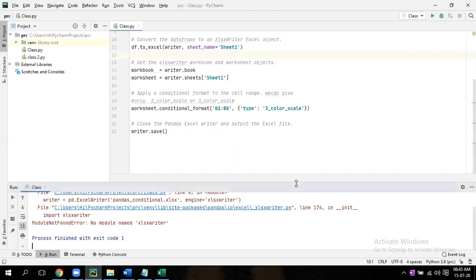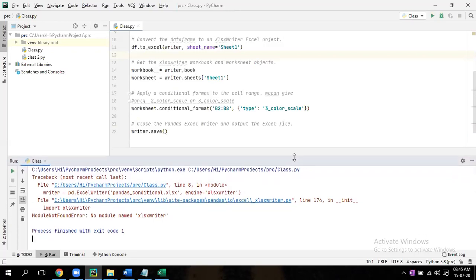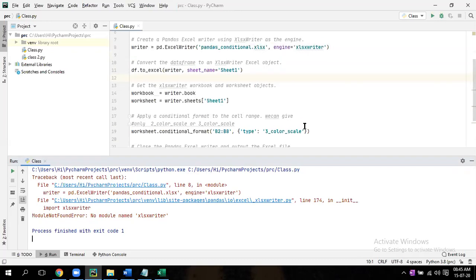So what will happen here? Now we are getting some error. What is the error? No module named ExcelWriter. Correct. So now see, when you're working, if you're getting an error, try to understand what the error is. If you are getting this error, what does it mean? Import ExcelWriter. The module is not found. Exactly.